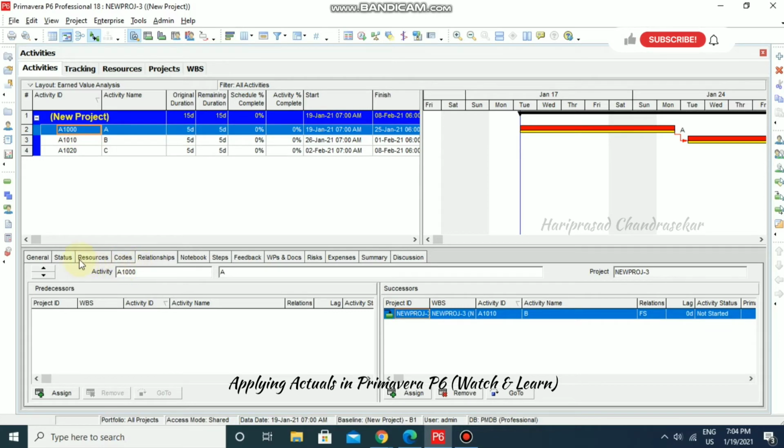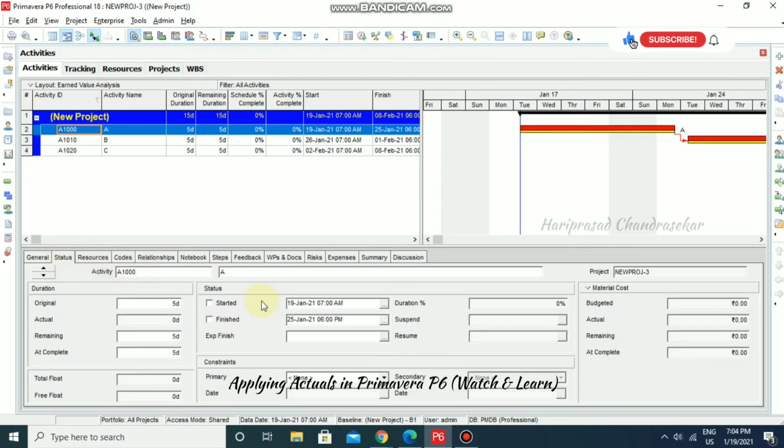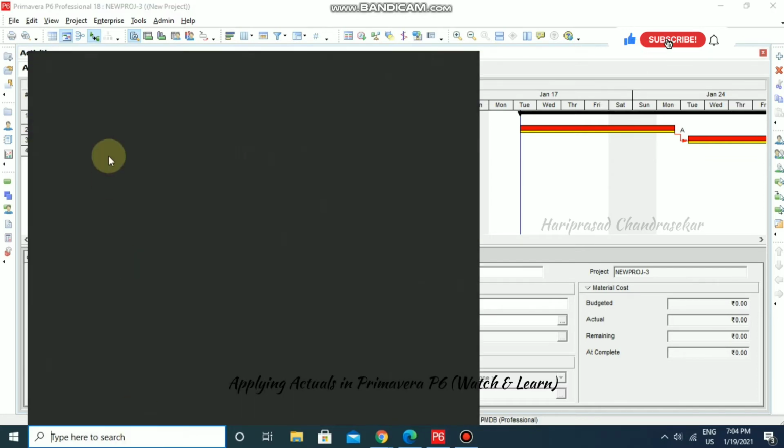for status, and then I'm just going to put started. Once it is started, we can put the duration percentage, how much the percentage completed. For example, you can put 100 and you can go for schedule. Otherwise, for example, for these activities, I'm going to show you one Excel sheet.